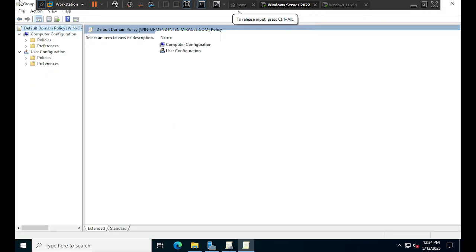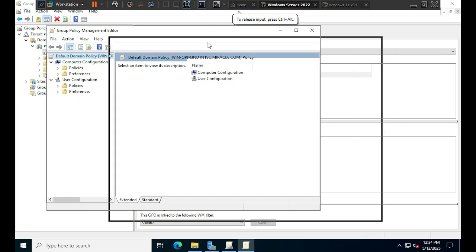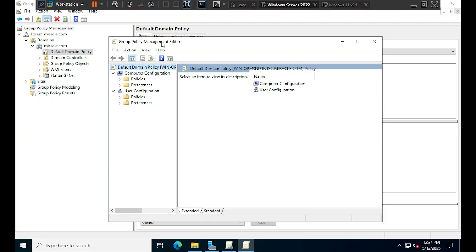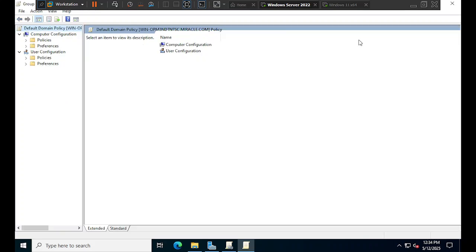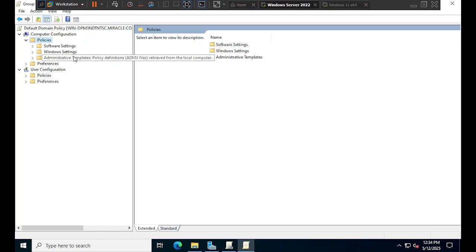Now it will open the console. This is the Group Policy Management Editor. And now we want to disable the password complexity. The password complexity is available under Computer Configuration. So go to Computer Configuration and click Policies. Under Policies, there are three options: Software Settings, Windows Settings, and Administrative Templates. Go to the Windows Settings